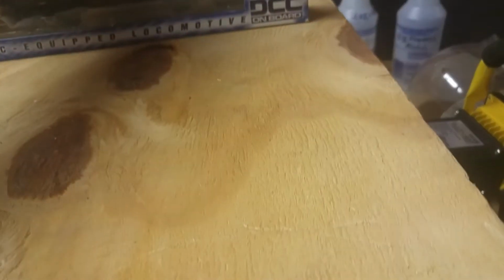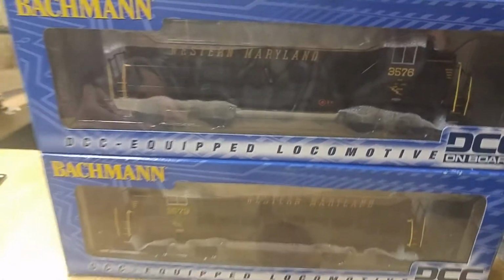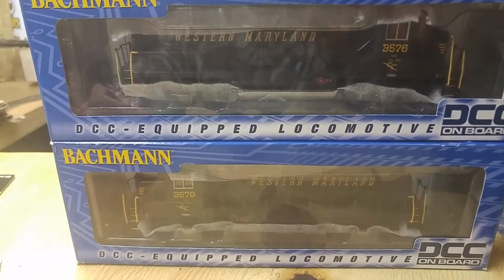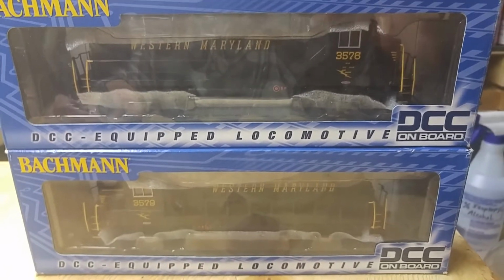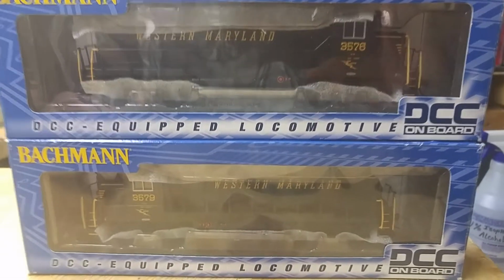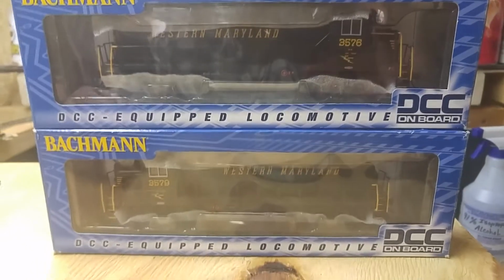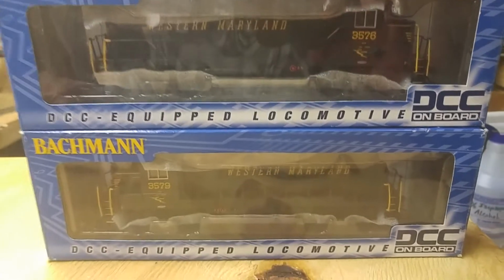And the nice thing about this, I found out that the guy was right down the road from me, which saved me shipping costs. So I could go right down the road, meet him at the park and ride, follow him to his house, and pick them up. And he also sold me 3 boxes of old Lionel